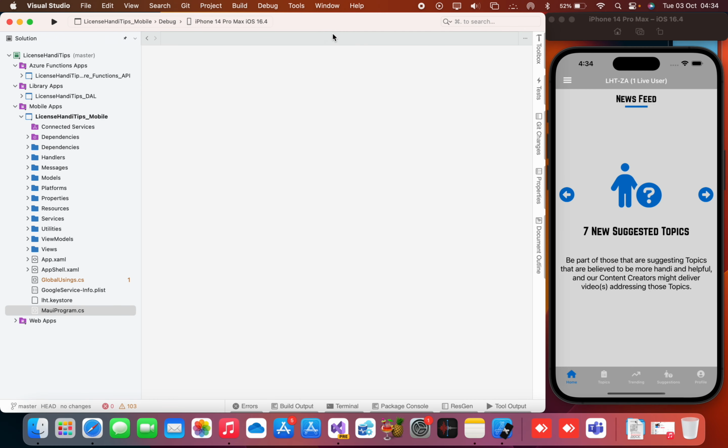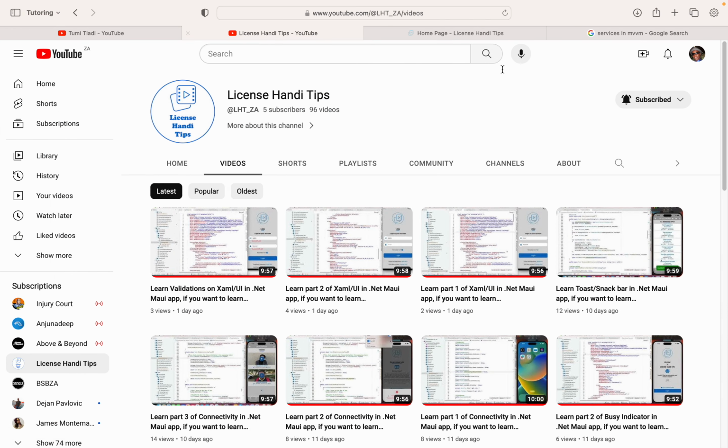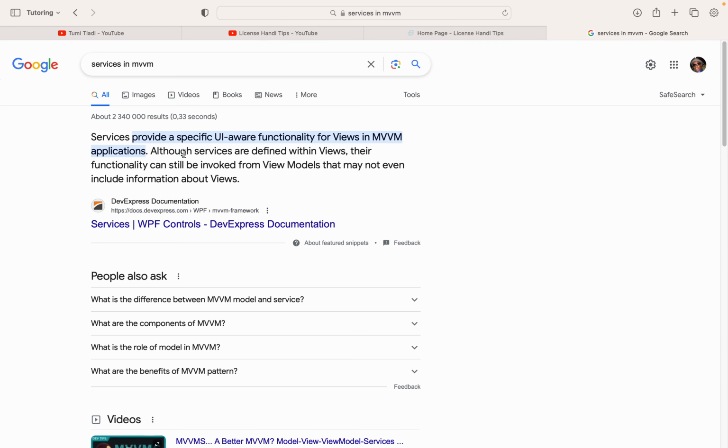We're going to talk about services. I'll tell you what services is all about. Firstly, let's take a look at what services is. Services provide a specific UI-aware functionality for views in MVVM applications. So you should know that the Licensed Handy Tips is an MVVM-aware type of application. Although services are defined within views, their functionality can still be invoked from view models that may not even include